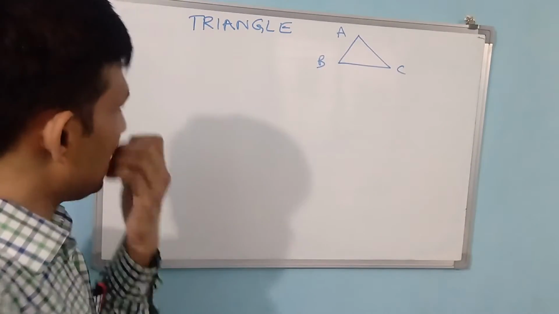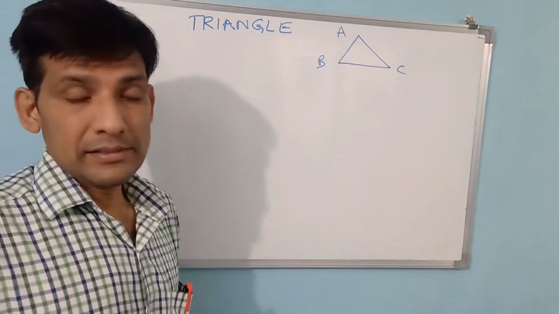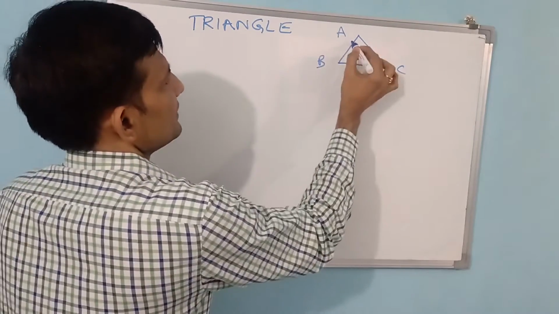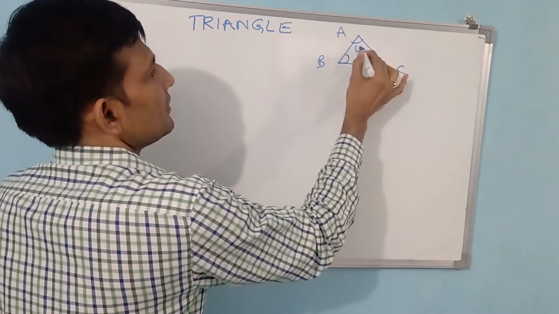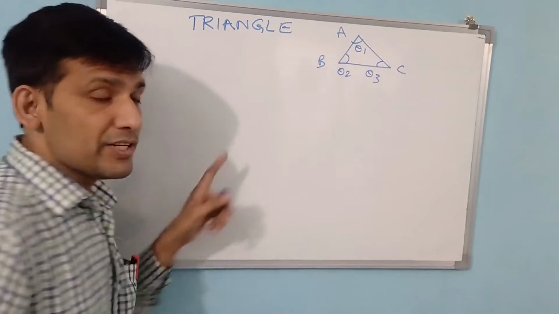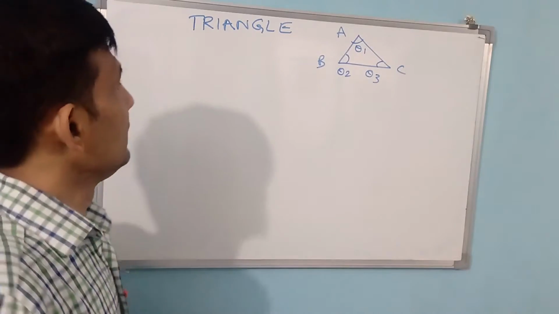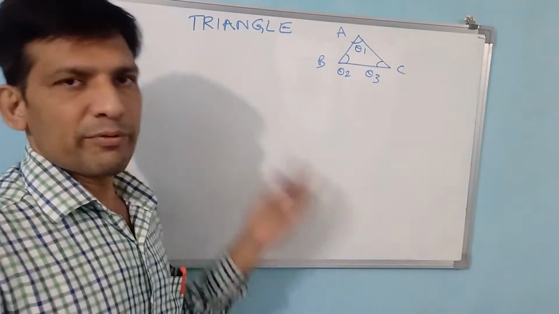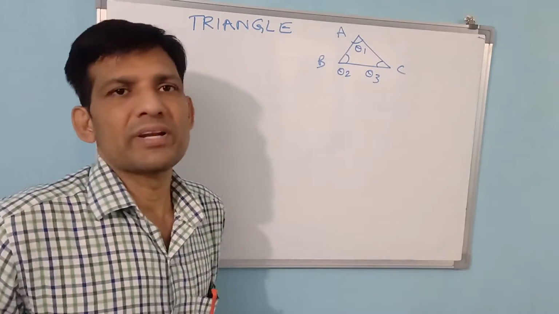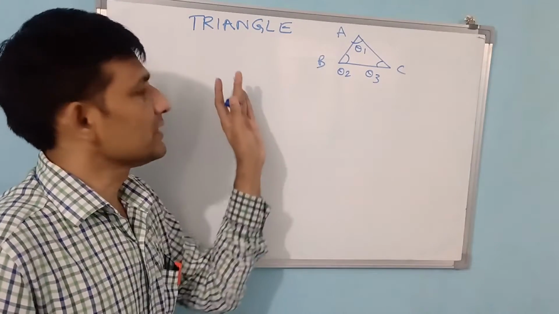This is a triangle. Why triangle? Tri means three, angle means three angles will be there. Theta 1, theta 2, theta 3, three angles inside. Polygon starts from triangle only. Why? Because two lines cannot make any geometrical figure. That is why geometrical figures start from triangle